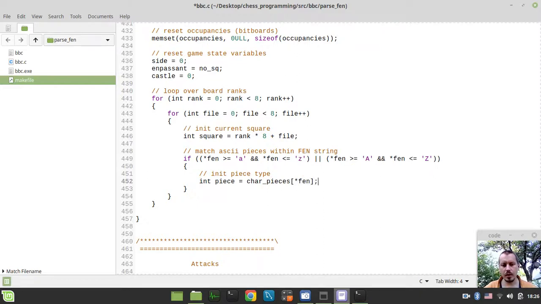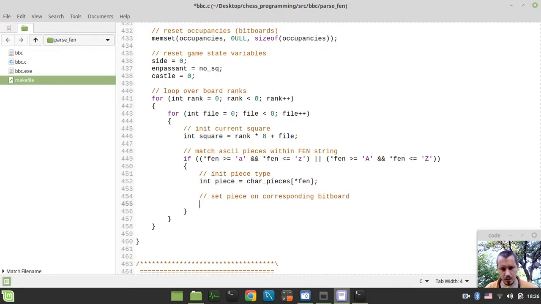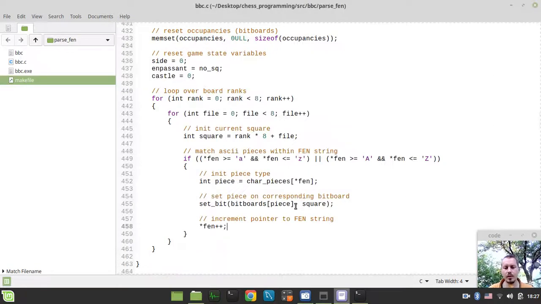So this is the current character, and now we want to set the piece on the corresponding bitboard. So we can simply say set bit, bitboards indexed by the piece at the current given square. And after this we want to increment the pointer to the FEN string, or in other words, we just incremented the pointer. I don't know how to call this in a different way. So pointer to FEN plus plus, and now already it should be printing at least some